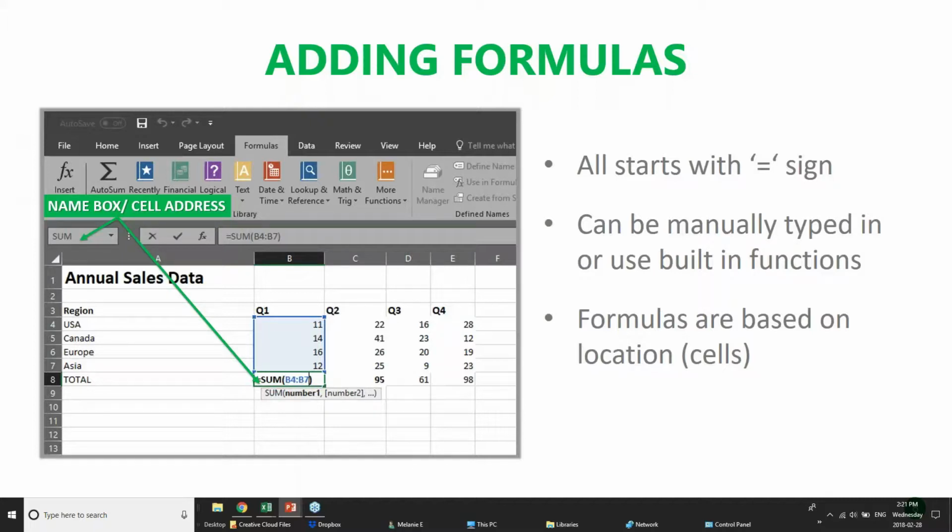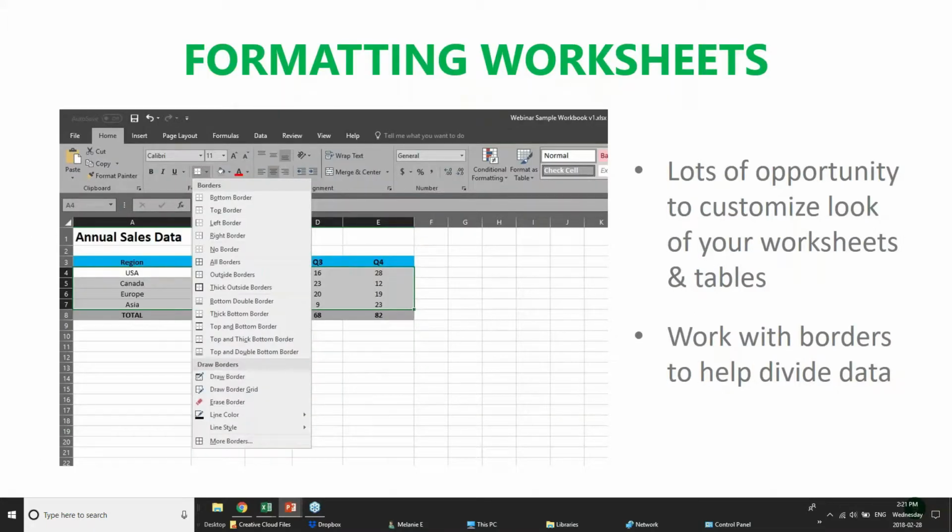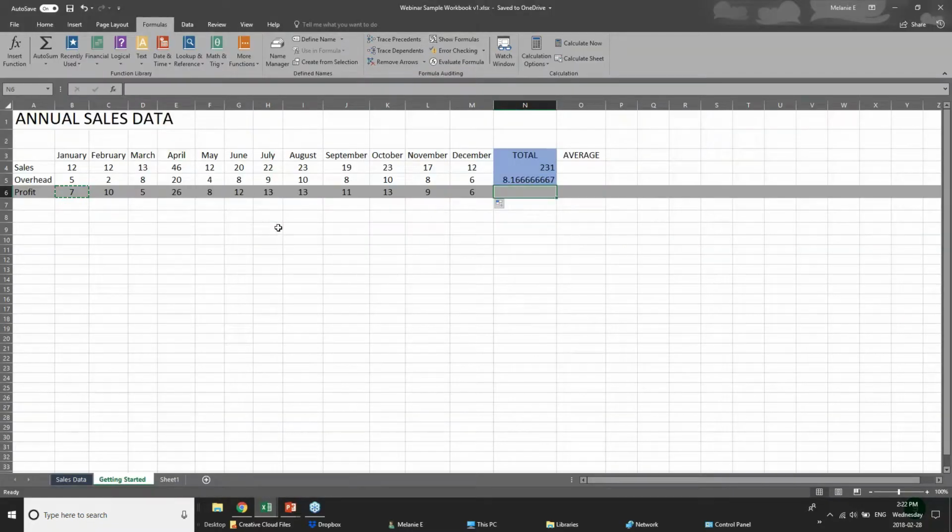All right, so let's jump back into the presentation here. Once you've put a worksheet together, if it's not very much data, it's kind of easy to look at, I guess. But if you are working with lots of data and lots of rows and lots of columns, it's really hard on the eyes, especially if your information is not formatted well. So Microsoft has lots of capabilities. So let me just go here to